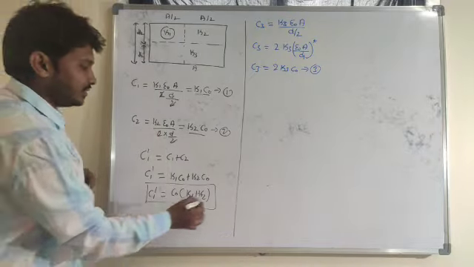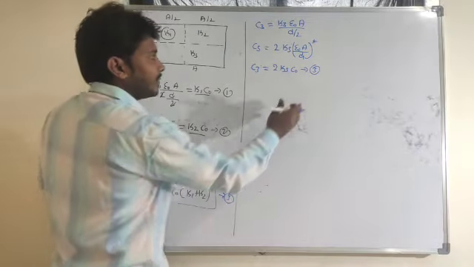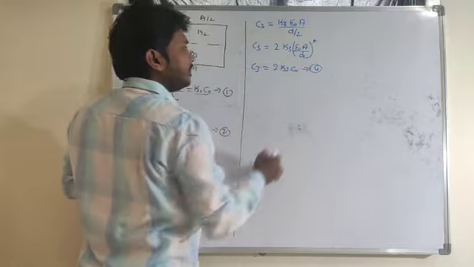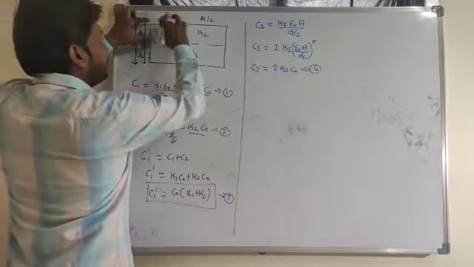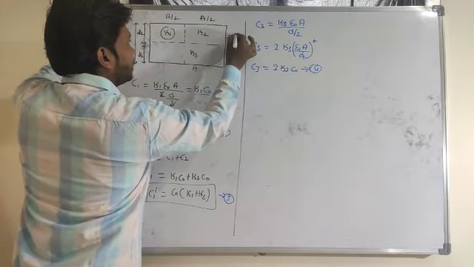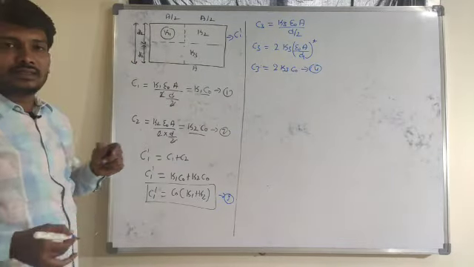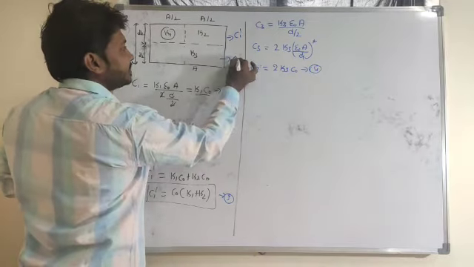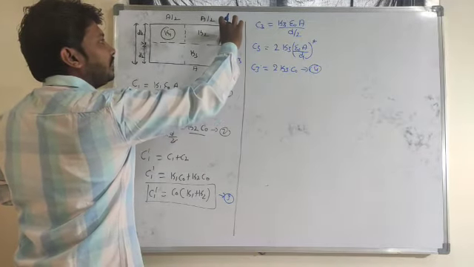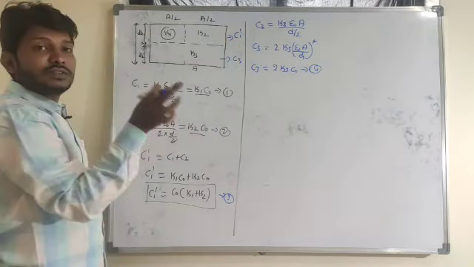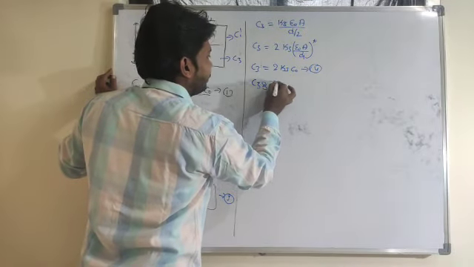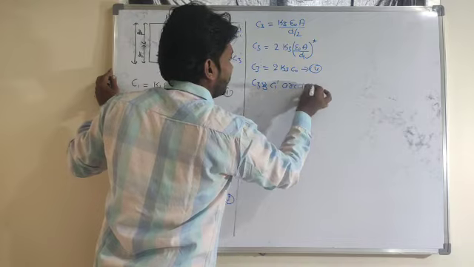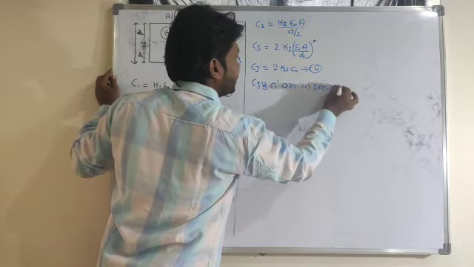So now look at here. For example, this is 3 and this is 4. What is the nature of combination between these two? These two I will consider as the effective capacitance C1 dash, and this is C3. What is the nature of combination between C1 dash and C3? It is in a series combination. C3 and C1 dash are in series combination.